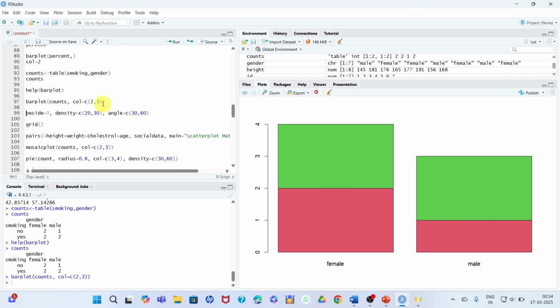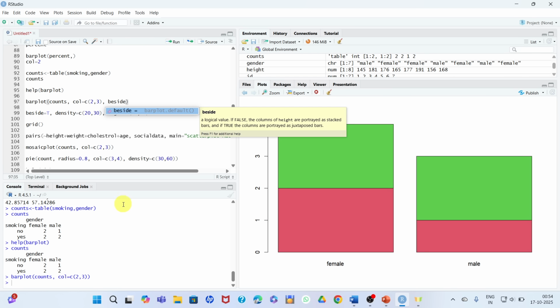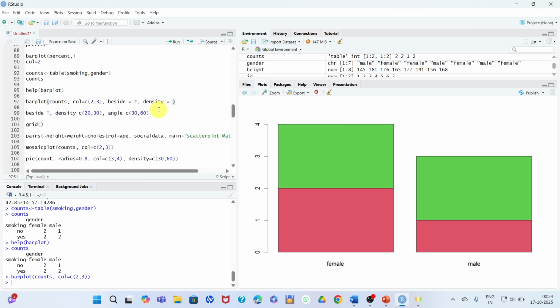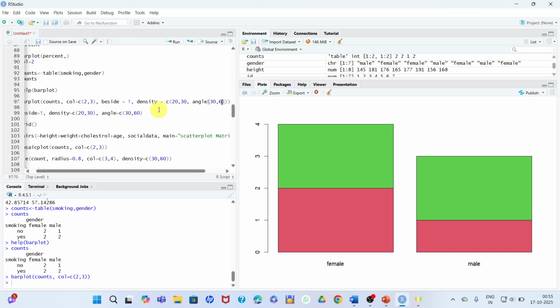Likewise, you have many commands you can add here. For example, let's add comma, beside equals T, again comma, density equals c(20, 30), comma, angle equals c(30, 60).